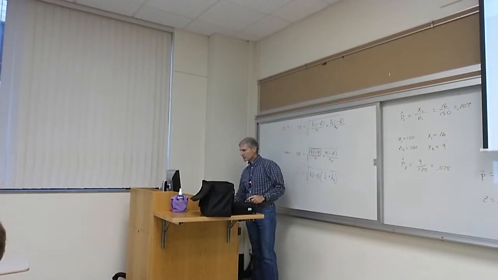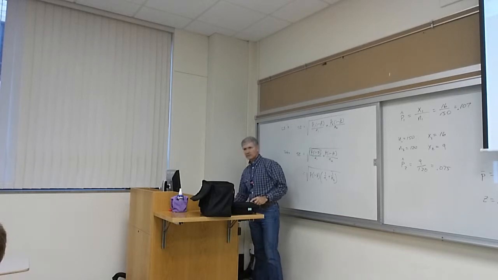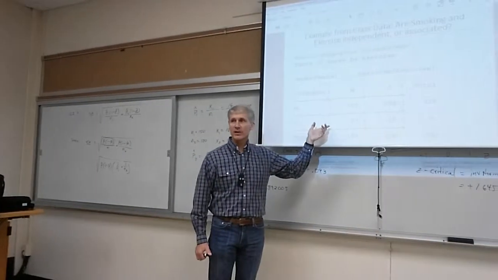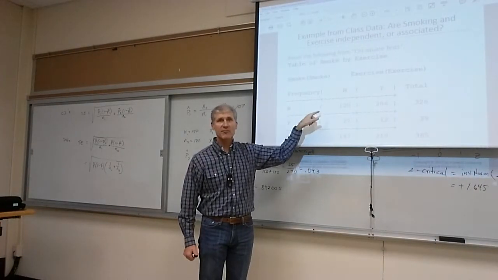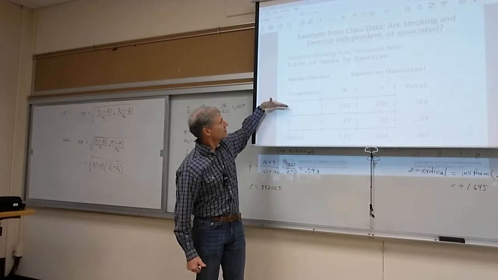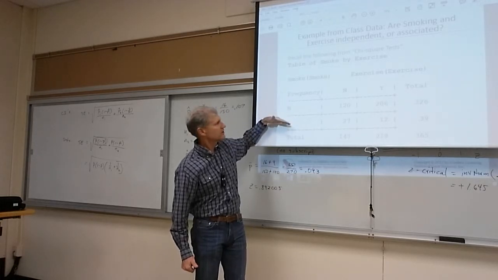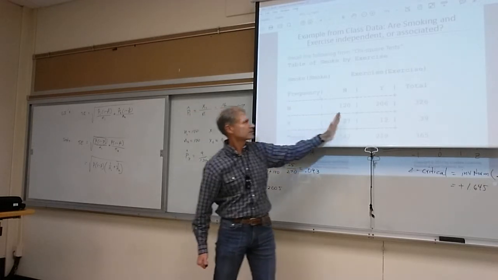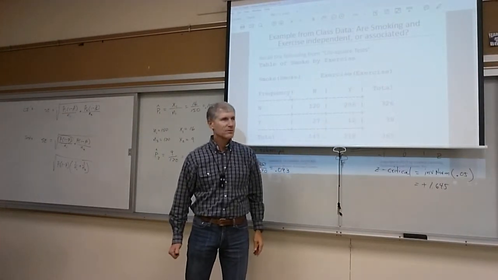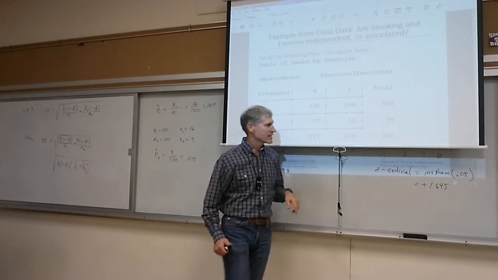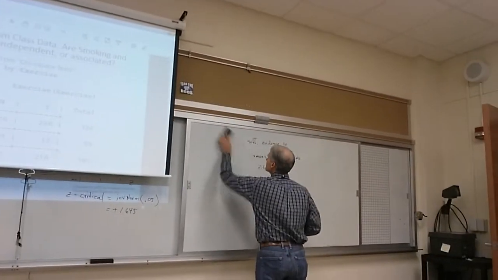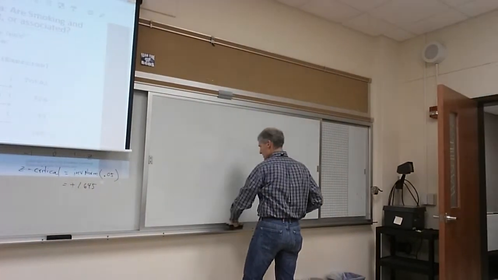All right, well, I want to do one more thing. Remember from our class data, when we did the chi-square test, we used this example. And we have a 2x2 table here with smokers and non-smokers as the rows, and then exercise, non-exercise as the columns. Well, if I want to test the claim that there is a difference in the proportion who exercise,